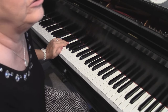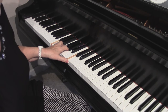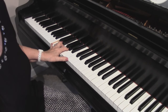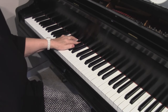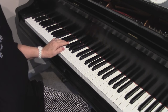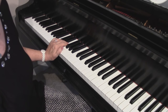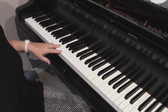Okay, now you know how to roll the chords. You've had a few days to work on that, and maybe a few weeks, depending on how fast I get these videos up. But now that you've done the rolling, we're going to change our style to what's called a root and a chord. Technically, it's a root and a half a chord. So if you take a C chord, C, E, G,